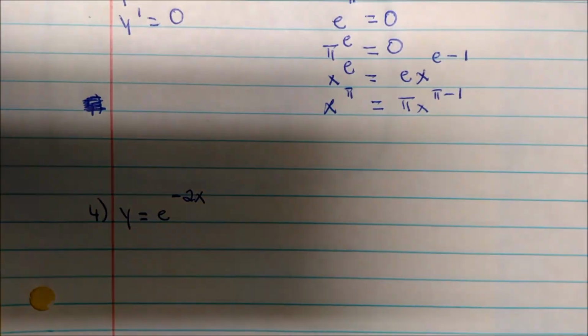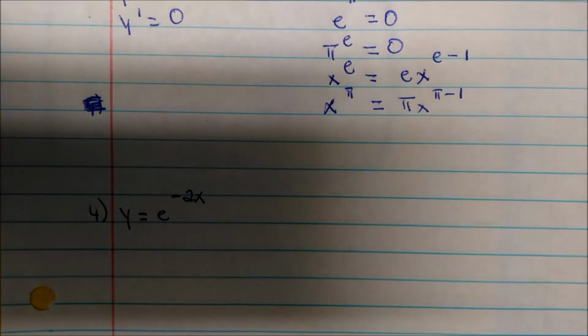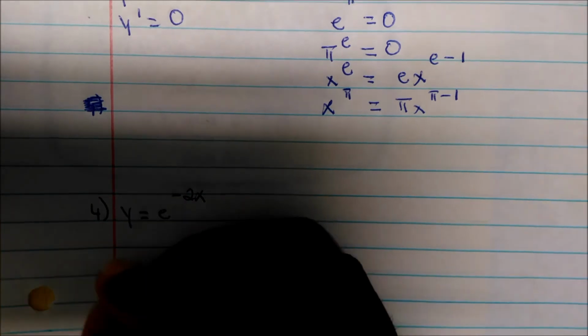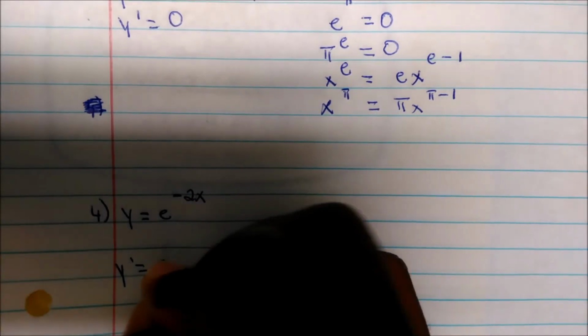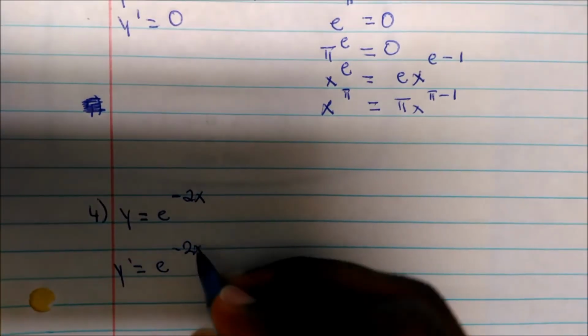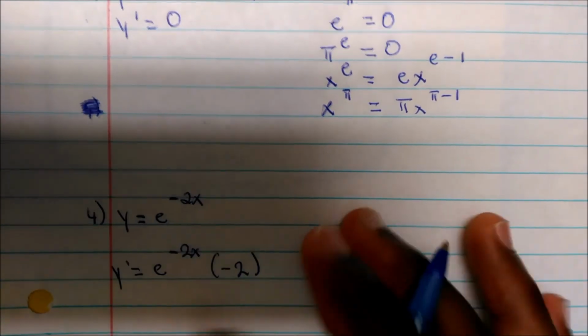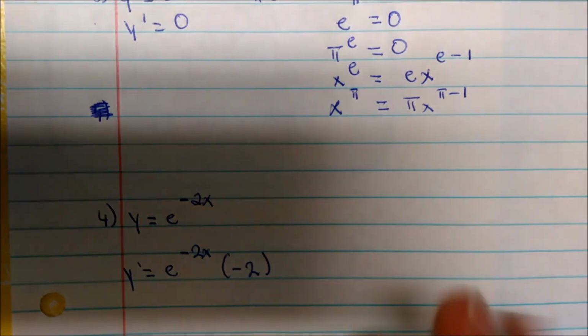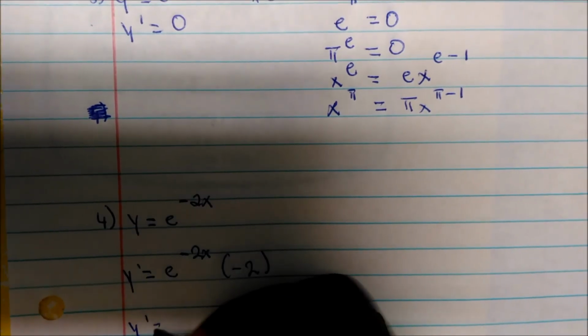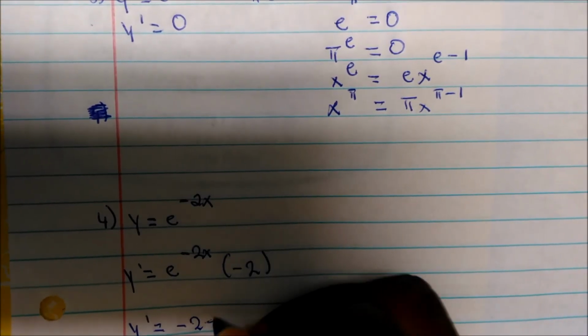How about this one? y is equal to e to the negative 2x. Again, y prime is going to be equal to e to the negative 2x multiplied by the derivative of the inside, which will just be negative 2. And so y prime will be negative 2e